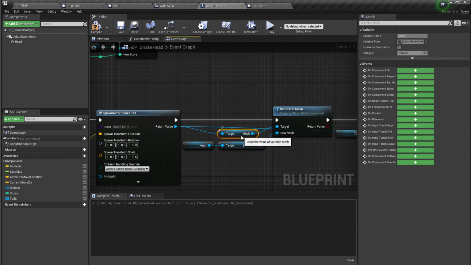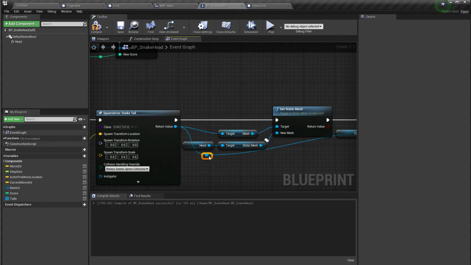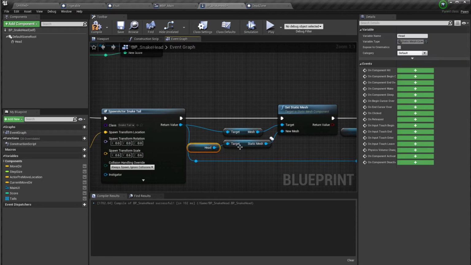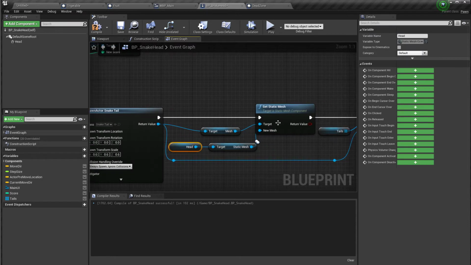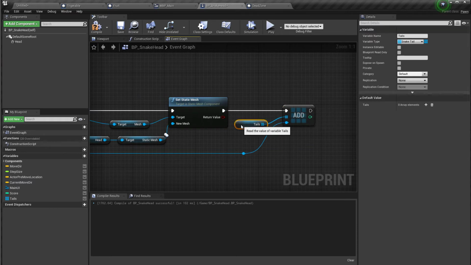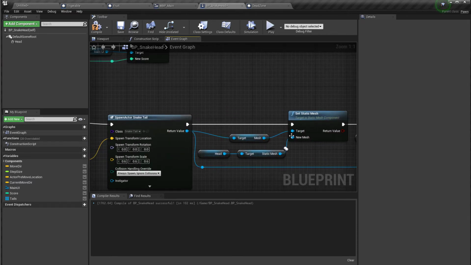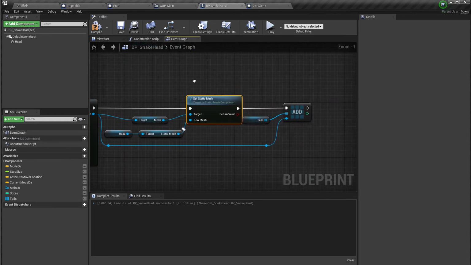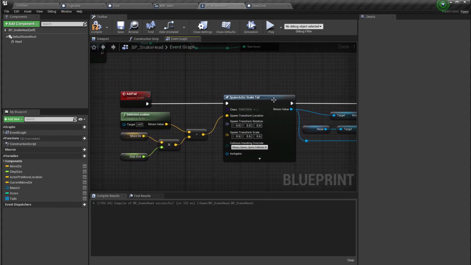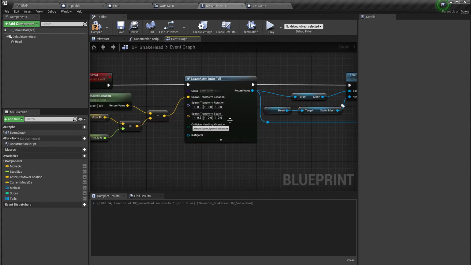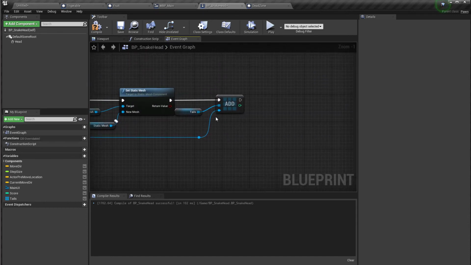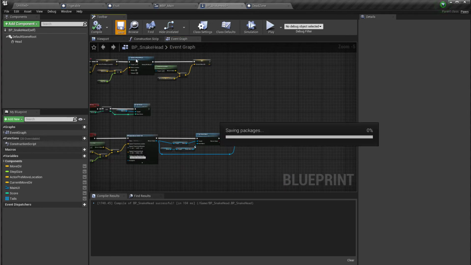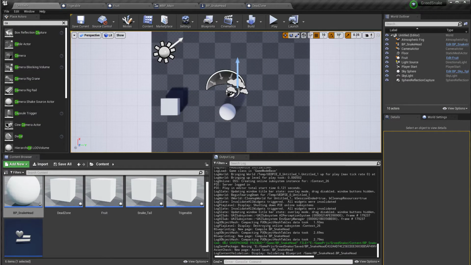Okay, again, after that you can double click on the line to add a new reroute node to avoid clipping into each other. This is what's bothering me a lot on Blueprint coding. It's like, why am I keep dragging those nodes all the time just to make it look clean? Okay, add tail, right? I'm spawning, set mesh, make it 0.6 of the size, and then we add it to an array, right? And then after that,